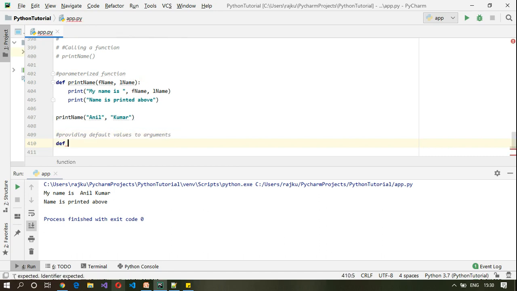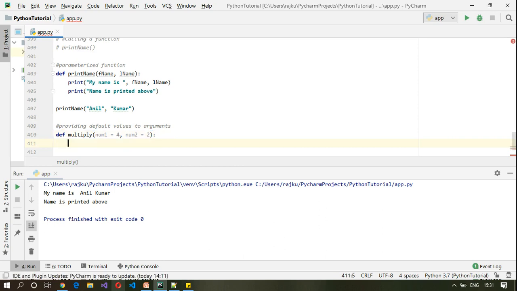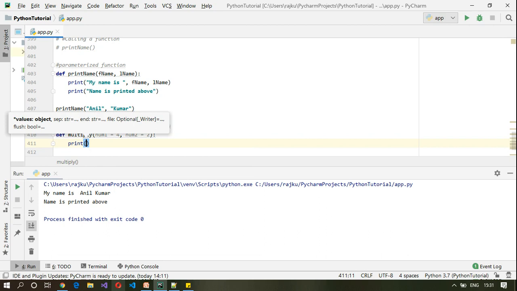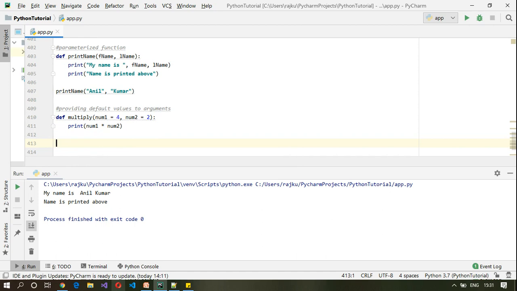Let me define a function here called multiply, and I will specify num1 here with the default value 4, and num2 with default value 2, followed by a colon, and I'm going to print the value here as num1 multiplied by num2. Okay, now how do we call this function with the default values?